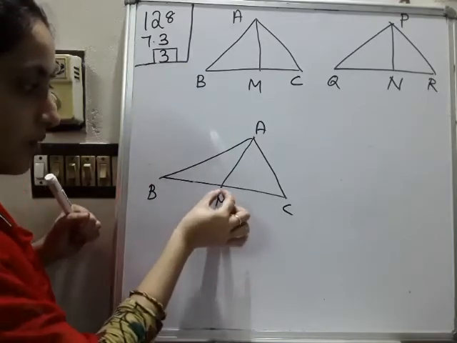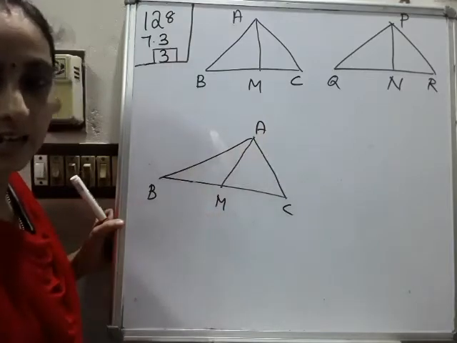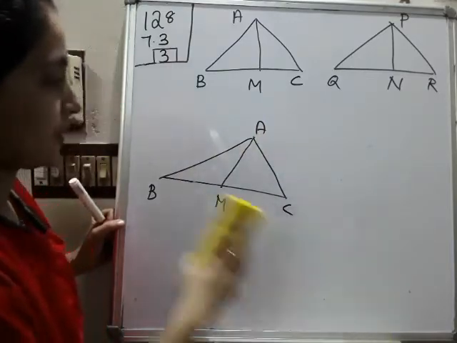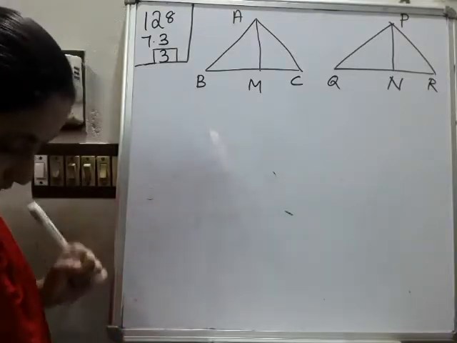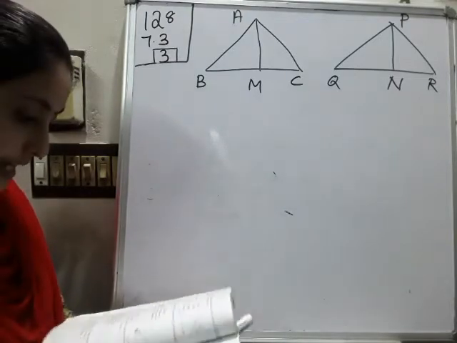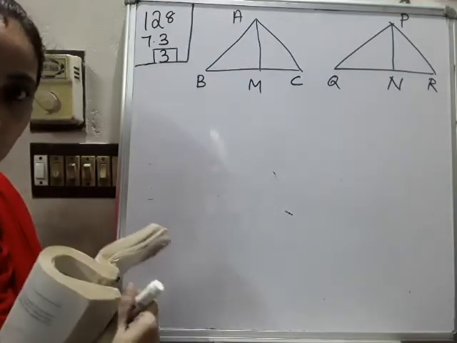Clear? That is the midpoint, the line joining the opposite vertex to the midpoint of the side, and that is the median. Okay, so that is a median. So what is given? Two sides AB, AC and the median AM of one triangle are respectively equal to...